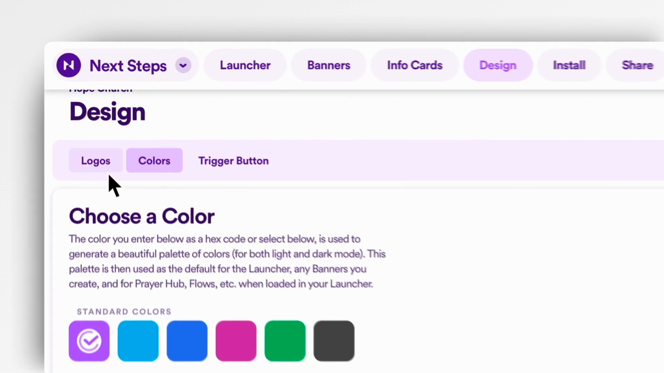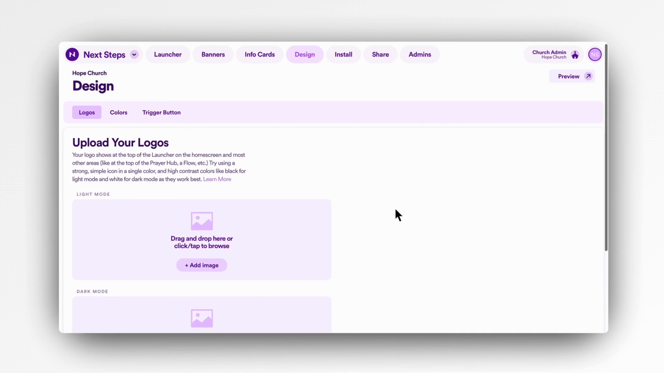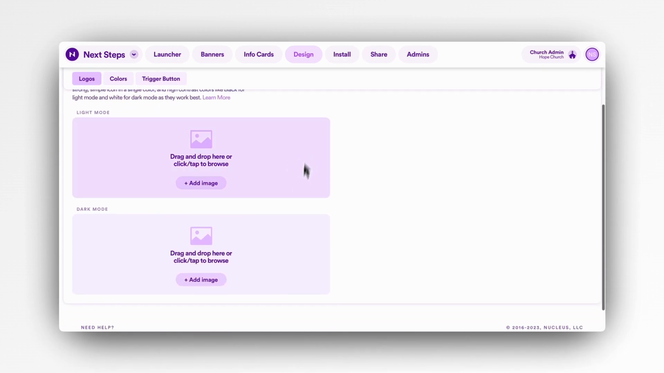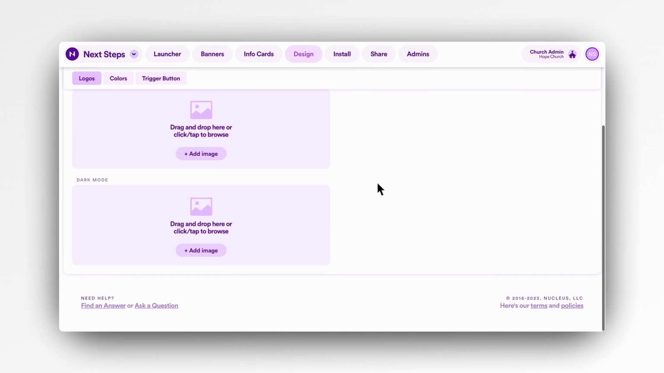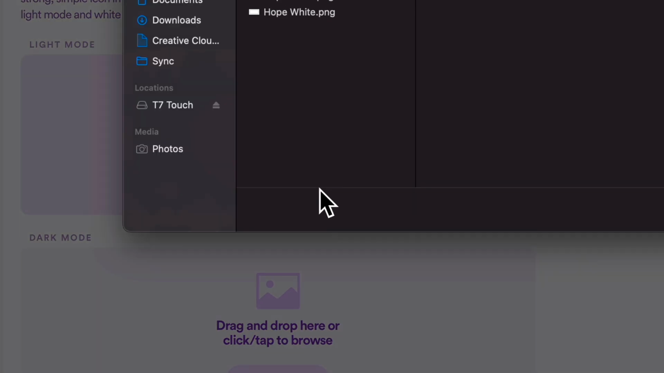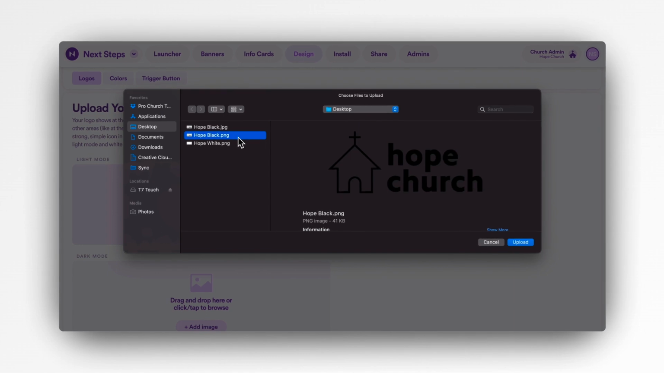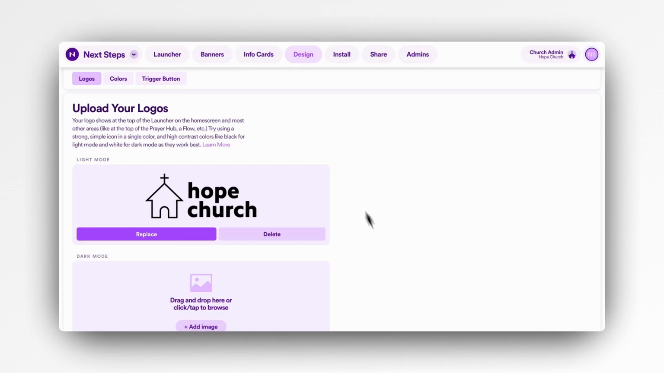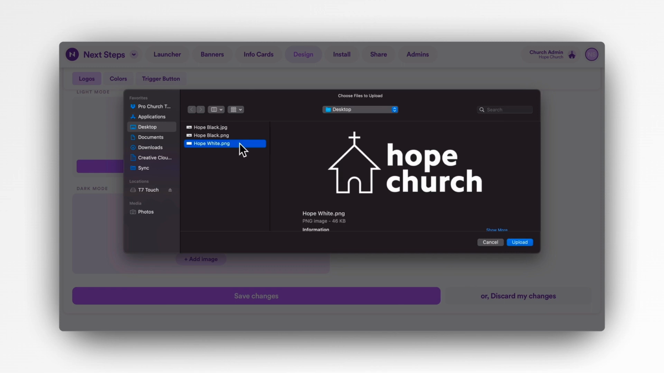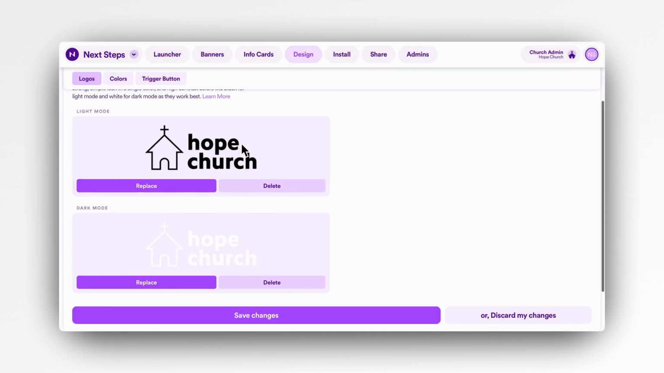Let's move to the Logos section of the Design tab now, where you can drag and drop or click to add an image and apply your logo to the launcher. You'll also notice that there are 2 places to upload your logo, one for light mode and one for dark mode, and this corresponds with the light and dark mode versions of the launcher we just discussed in the Colors tab. Importantly, for light mode, it's best to upload a dark version of your logo, like a black version. For dark mode, it's best to upload a light version of your logo, like a white version, so there's enough